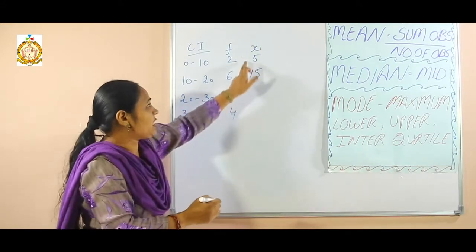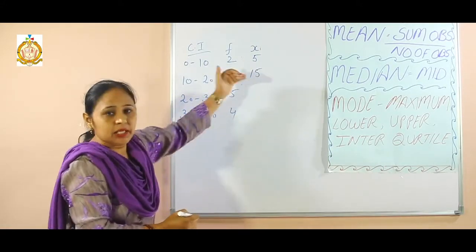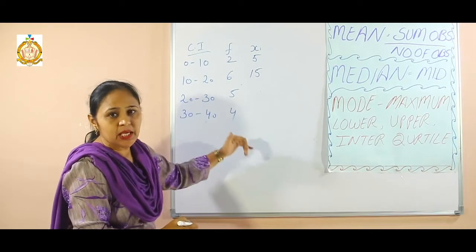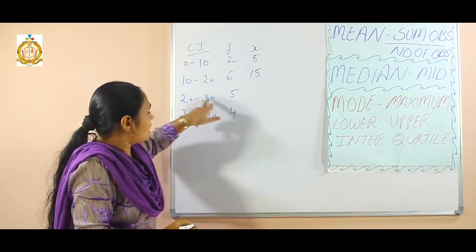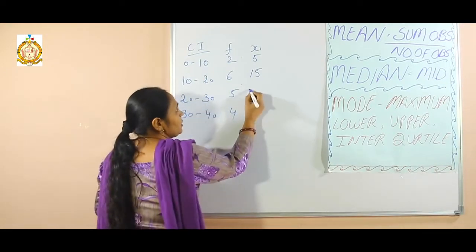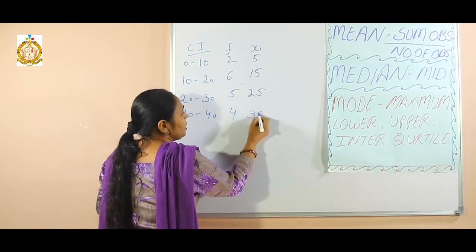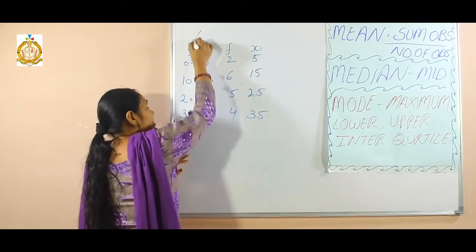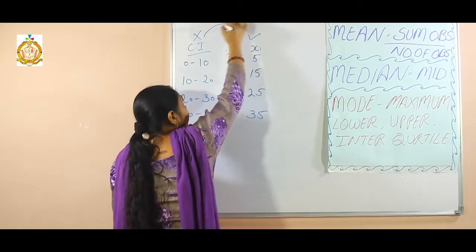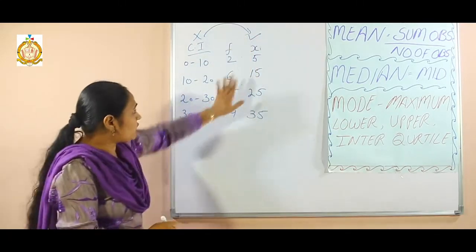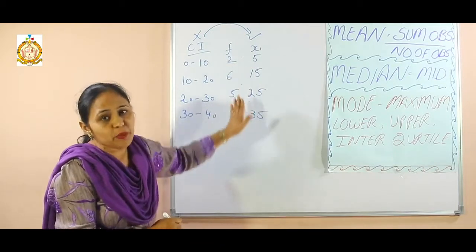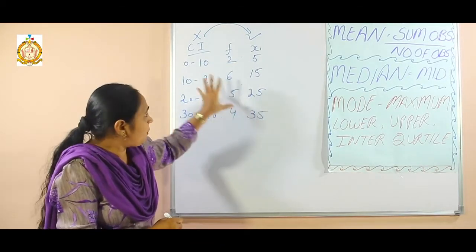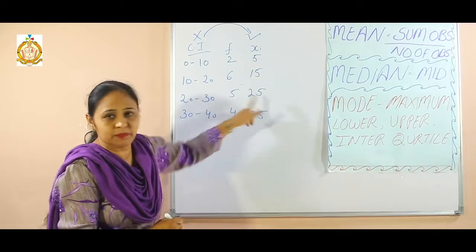Now see again, what is the difference? 10 here, 10 here. That means we have to increase just by 10. Now if I take here this one, it becomes 25, then it becomes 35. This is x. Now I cancel this value, now this value comes from here. Don't touch this frequency. This is only for multiplying. We have to apply all the formulas on these numbers.